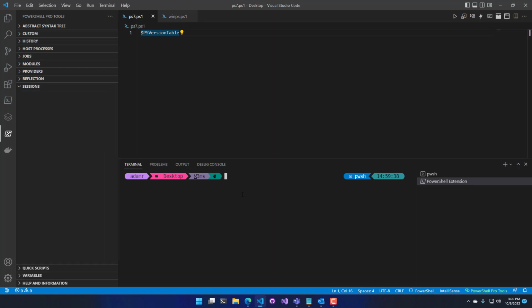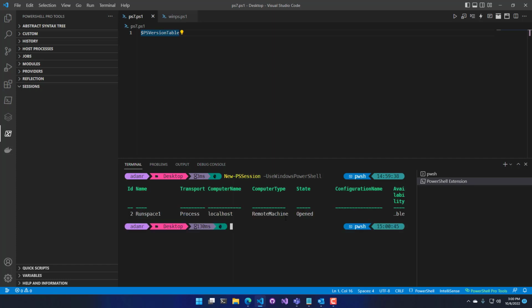So first of all, let's create a new session. I'm going to use New-PSSession to create a new Windows PowerShell session. What this is going to do is start a PowerShell.exe process in the background and then connect that session locally. So now you can see that I have session ID 2 here available, and it's open on my localhost